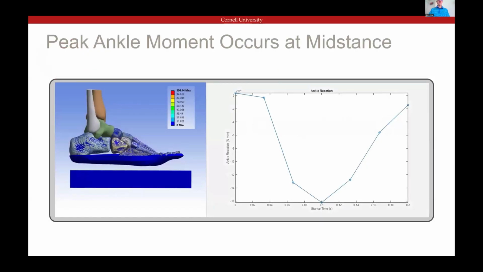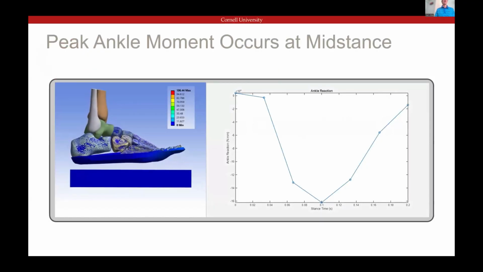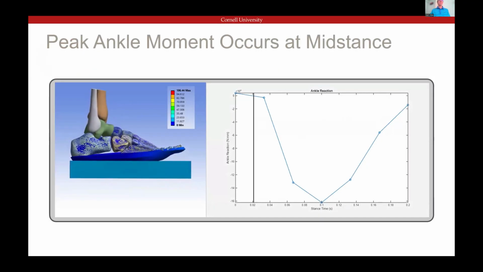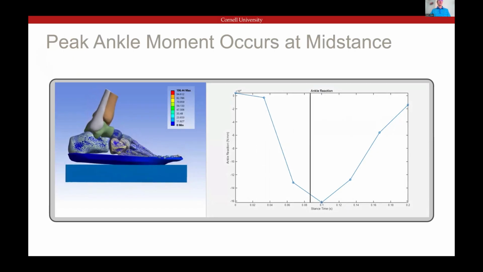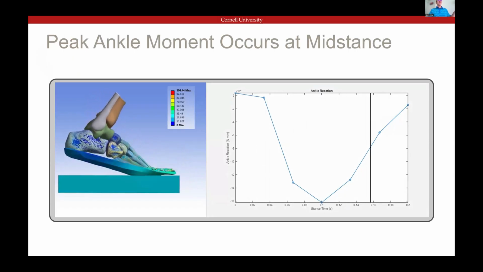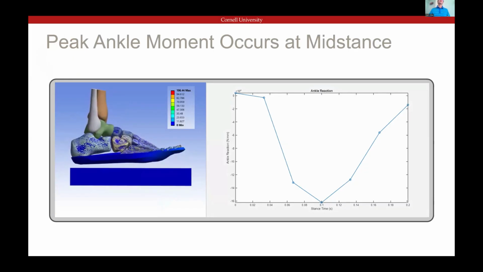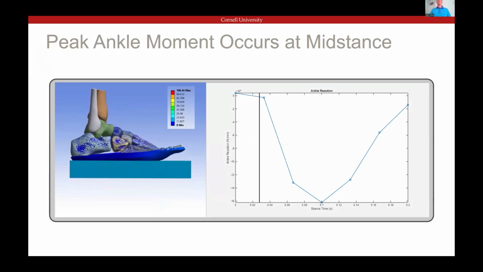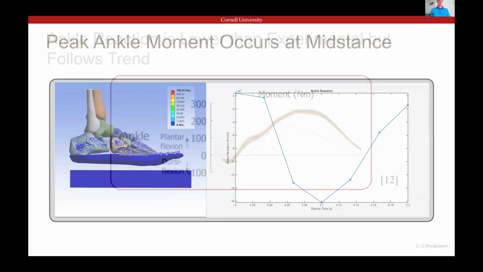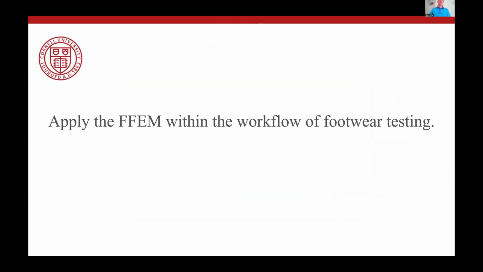To assess accuracy, I'm going to look at ankle moments. So this is going to be a plot of our ankle moments that I extracted from the finite element model. We can see that the peak ankle moment is occurring at mid-stance, which is making sense. And comparing this to the study that,